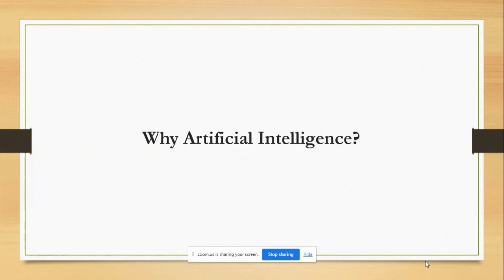These days, you have Alexa, you have Google Assistant, you have Siri, if you're using Apple. With the help of AI, you can build robots which can work in an environment where survival of humans can be at a risk. So, AI opens a path for new technologies, new devices, and new opportunities.